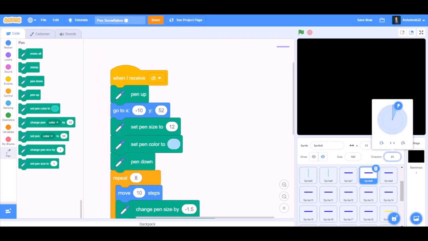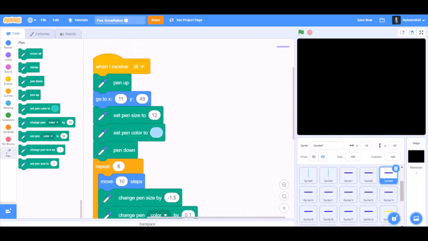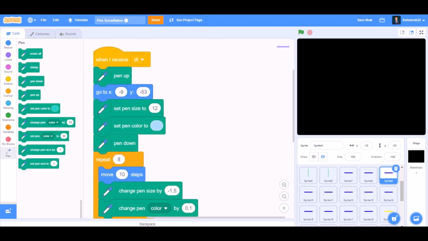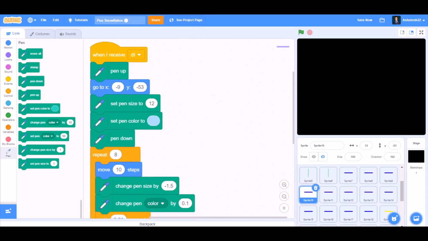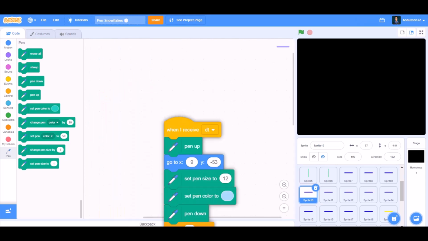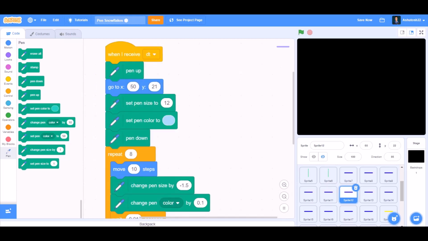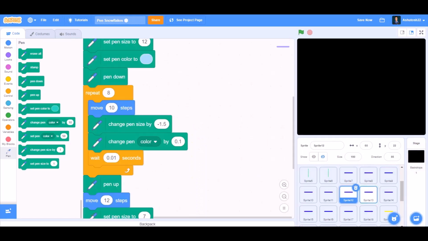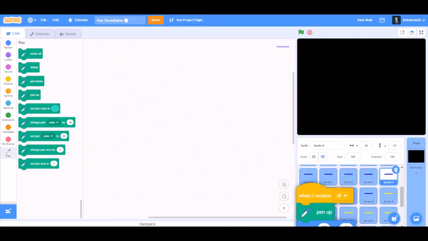Now we'll drag this code to the other blue arrows and we'll change the values like the direction, -23, and the positions of x and y. Drag it to the other ones like this. To the fourth one, change the values. To the fifth one, again change the values. To the sixth one, change the values. To the eighth one, and again we'll change the values.